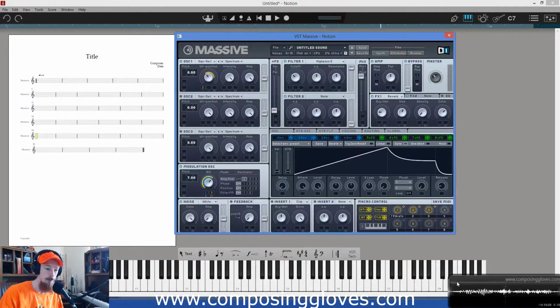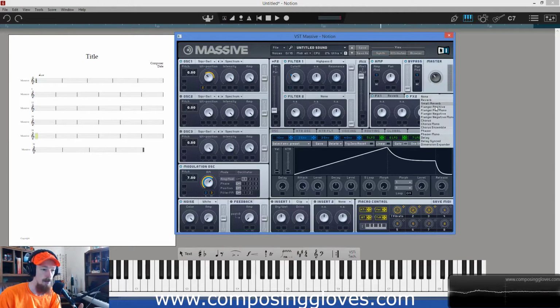I included that option in my particular patch. Your patch may vary, but that's why that's there. And as you can see, it's a very nifty way of creating variation. So the last one is you have reverb, but you also have effects that I suppose we could talk about